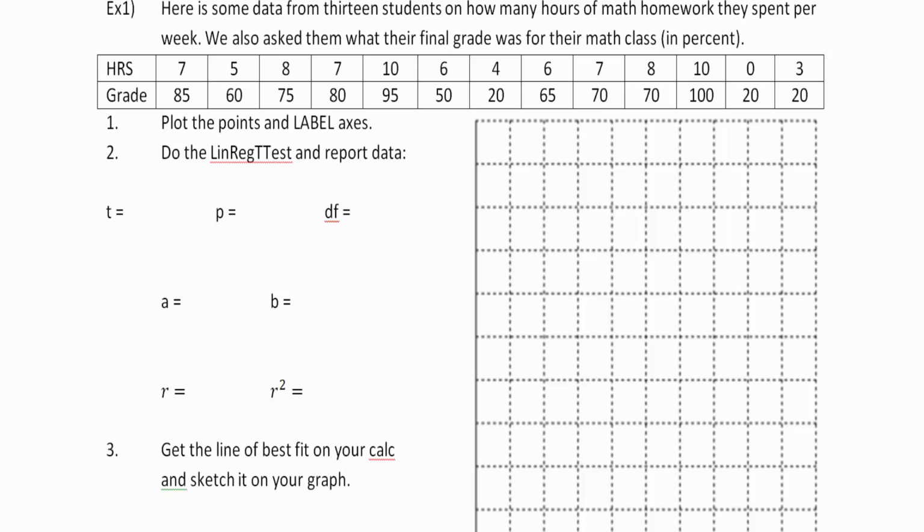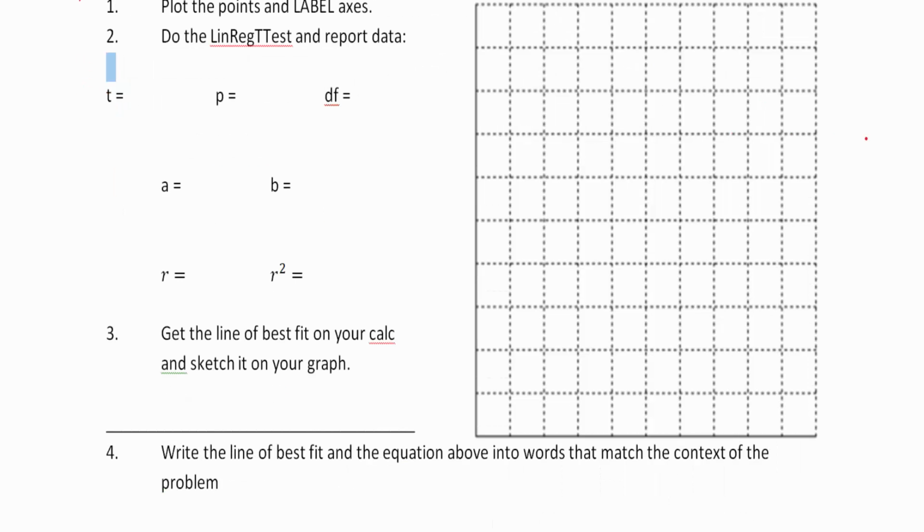9 times out of 10, maybe even higher than that, the list 1, or the x value, is going to be our x. So list 1 is x. So here's x, and then here's y. Now our y is going to go from, looks like our lowest number is 20 and our highest number is 100. Well, I'm kind of evaluating our graph paper here, and it looks like we have a 10 by 10. So that means I can easily go 0, 1, 2, 3, all the way to 10 here